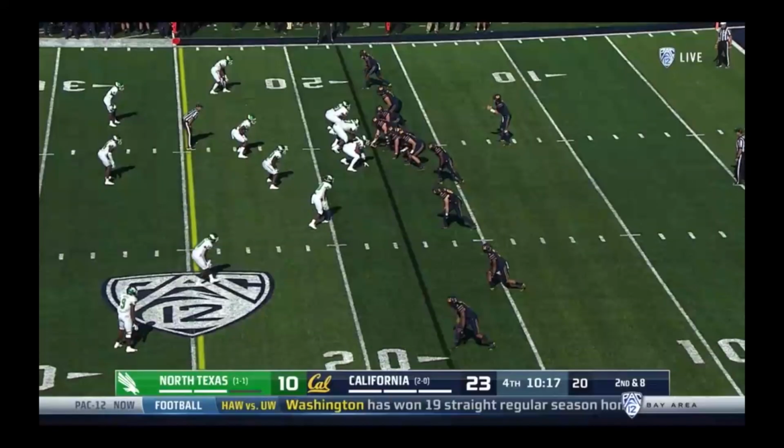On this play, North Texas is running a really common 3-3-5 coverage, which is basically a nickel version of the Tampa 2. So this is a 2-deep coverage where these guys are going to drop to be deep half players, and then this safety is going to sit in the hole between them and the intermediate middle of the field. This play is designed to get this middle receiver open in the middle of the field, and it's going to do this by running the inside receiver here through the middle, drawing the coverage of that middle safety.